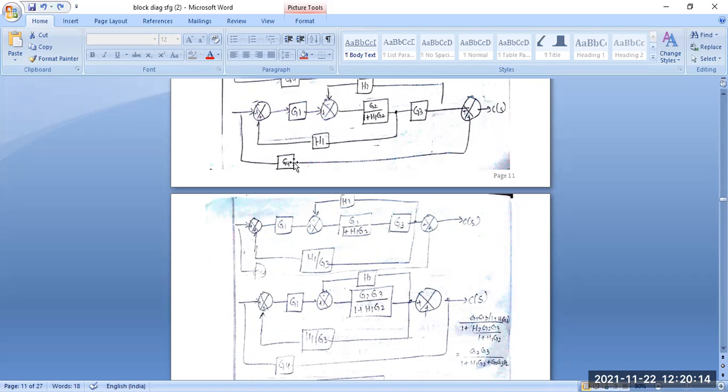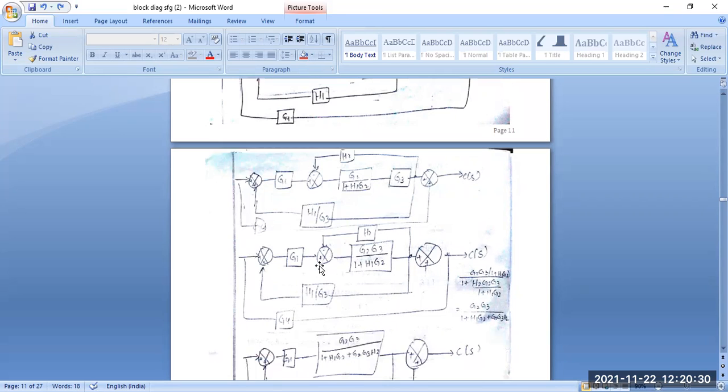This is also G4. Here you can see this is the G4 block, the feedback paths are present from the starting point to the end summing point also. This is a G4 block. Okay, consider this the G4 block. Now next step, you have to consider these feedback loops, they are eliminated according to these blocks also.